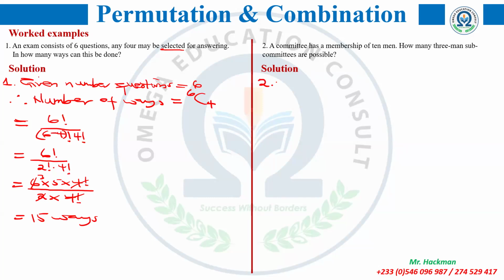A committee has a membership of 10 men. How many 3-man subcommittees are possible? So here in this question, can you see your keyword or words, any of them? Directly, can you directly see your keywords? Yes, please. So what will be your keyword to determine whether you are dealing with permutation or combination? If your answer is yes, what did I mention? Possible is your